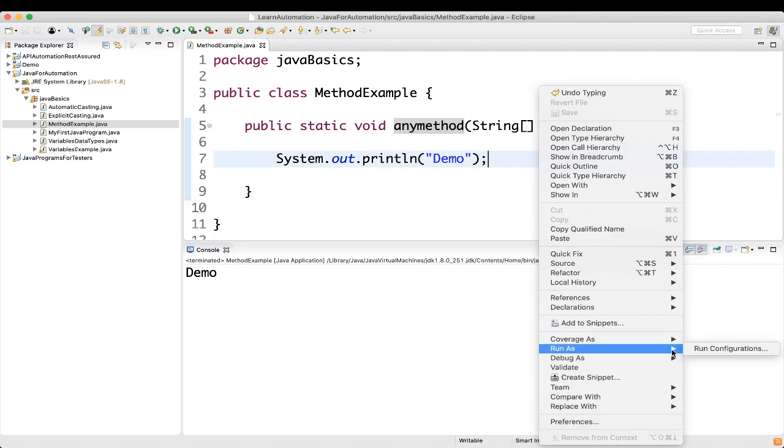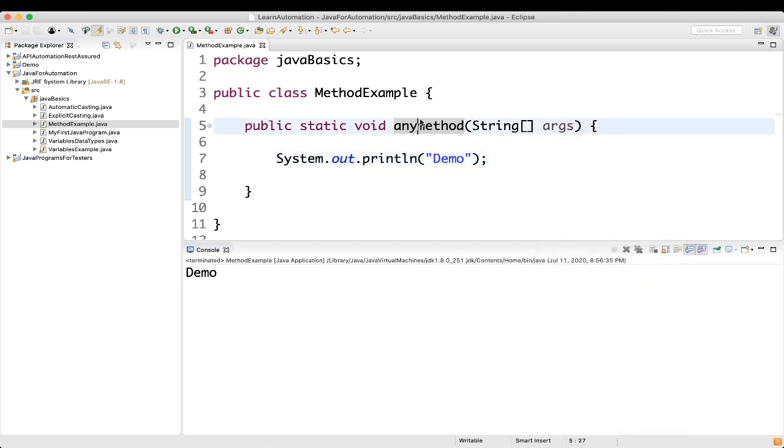Are you getting any option? We are not getting any option. Why? Because we need at least one main method to execute it. Eclipse itself identifies that there is no main method inside the class and you cannot run the class alone. So the main method name is required to run the class. So let me change it back to main method.